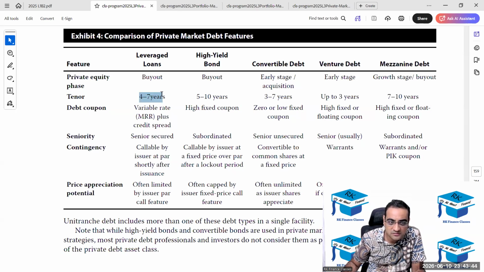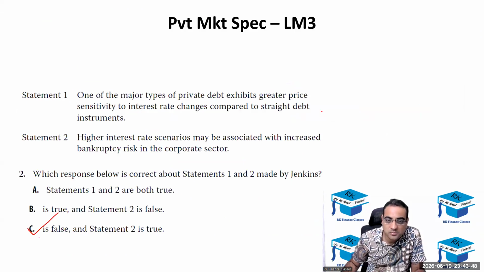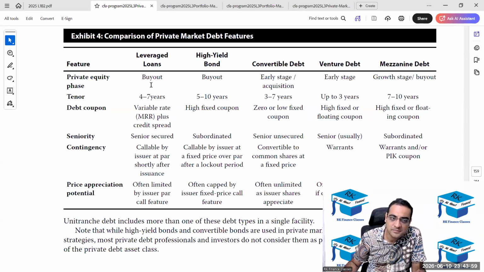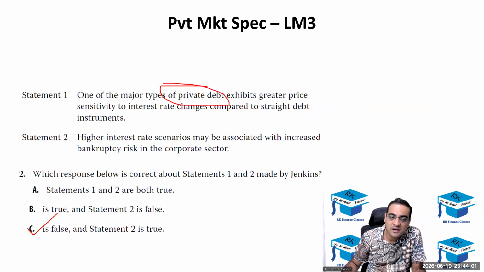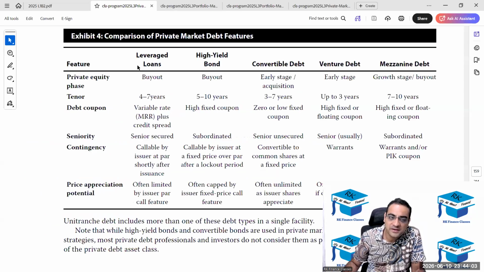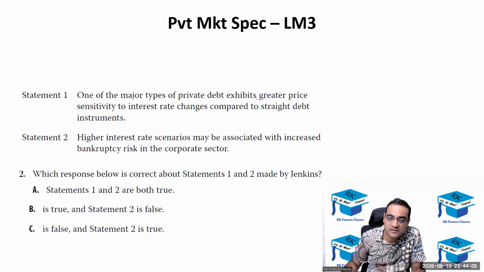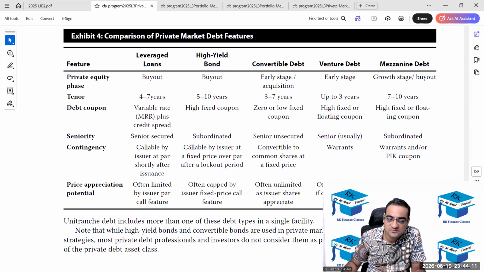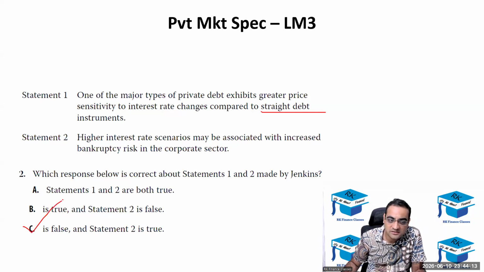Sir, it is more like QM and DM, sir. Correct, correct, quoted margin, discount margin. समझा, बट यहाँ पे स्पेसिफिकली ऐसा मेंशन नहीं था ना. So there's interest rate changes, that means it's normally effective rate duration. No, there is no, it's related to spread. Let's say, I mean assuming leverage loans, but here that was not there. We are not comparing one with the other, we are comparing private debt with public debt. Okay, sir. Understood. We're not comparing various types of private debt. Okay, sir. Understood.